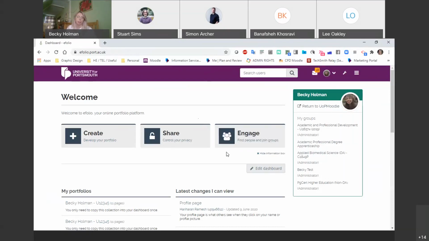And then lastly, they have the engage icon. The engage icon is about finding other students on the course, which they don't really need to do, and joining groups. What we have here is a list of groups that I've created. I create a group for every module cohort so that we can place the template for their e-portfolio within that group. I can see all of the groups that I've created here, but the module cohort can only see their own group. So when we click in here,